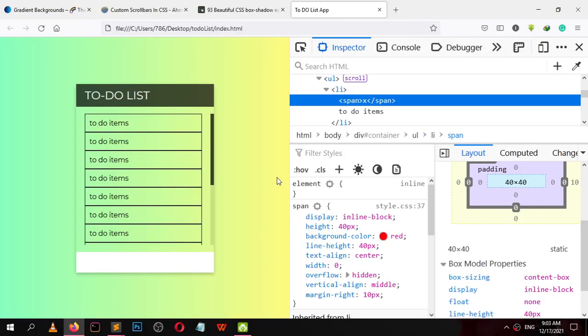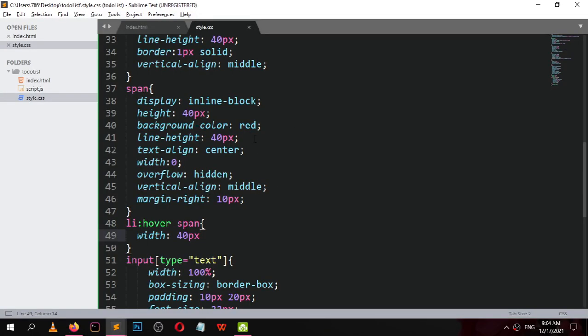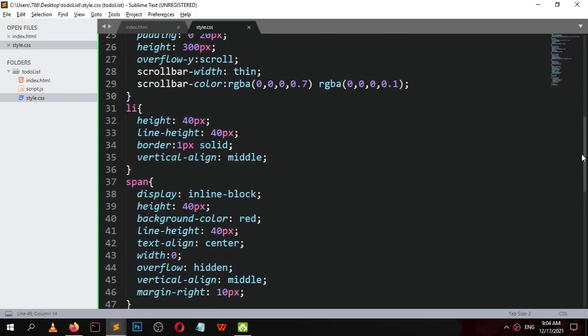Here we go. I hover on this li, the width of this span is now 40 px. So it is being visible. Remove this border from li.